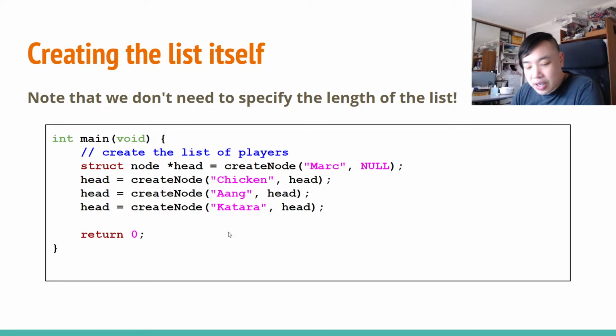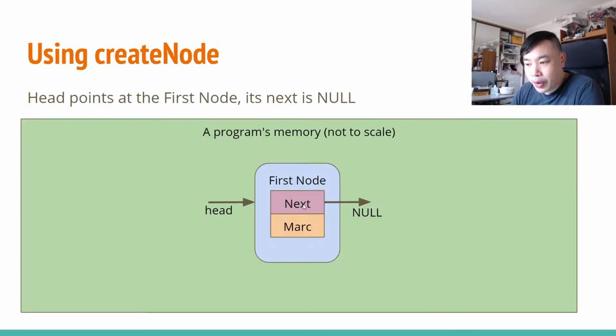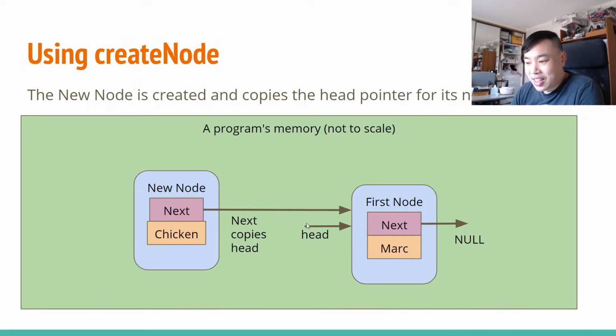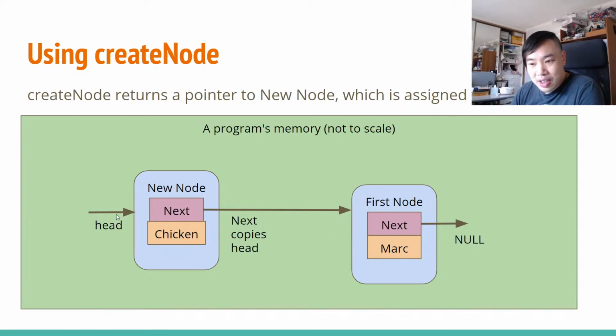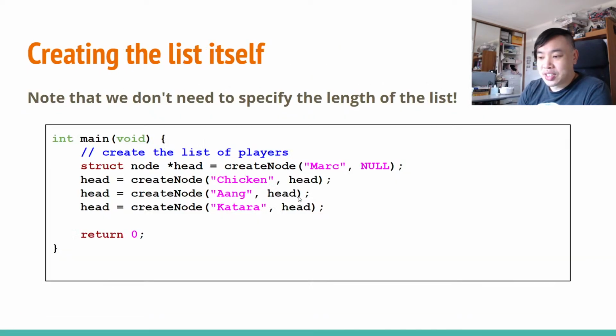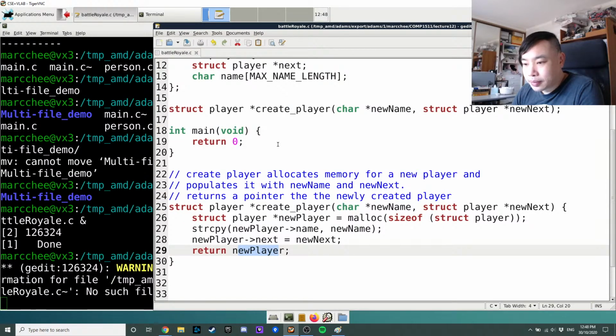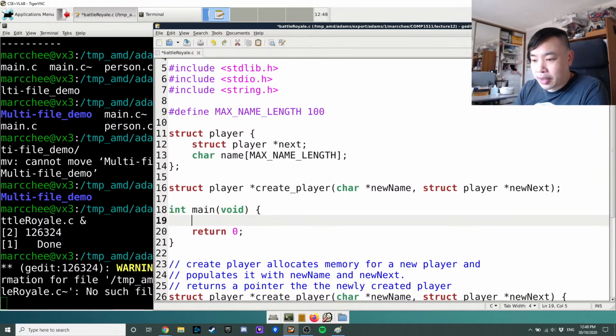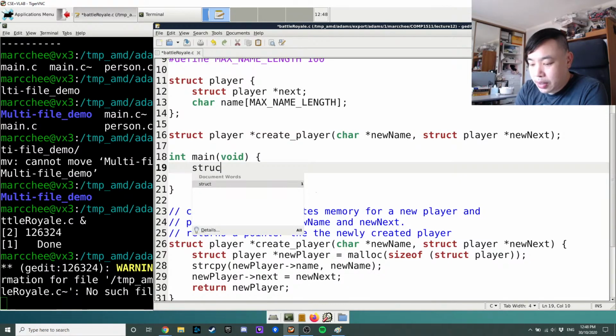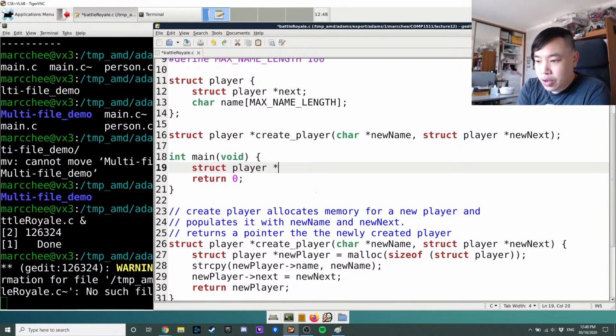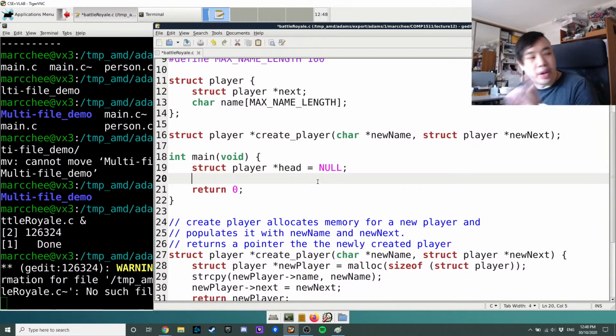So we're going to build a list in a really simplistic way, the same way as we were doing before. I've got the same kind of thing where there's me first, and then chicken gets created, and then the head gets assigned to chicken. So it's that kind of way that we're building up a list. We can do that here in our main. So I can say create a pointer called head. And if I want to, I could start by just going, so at this point,